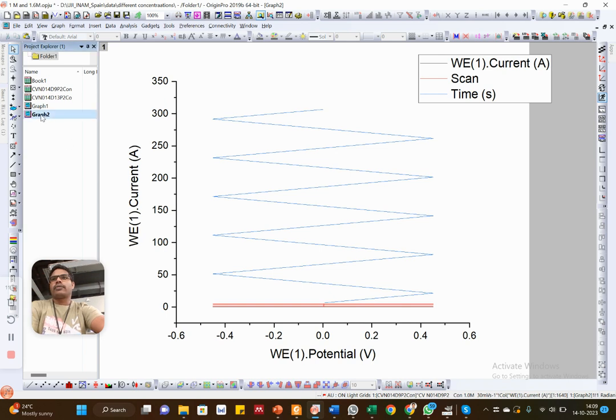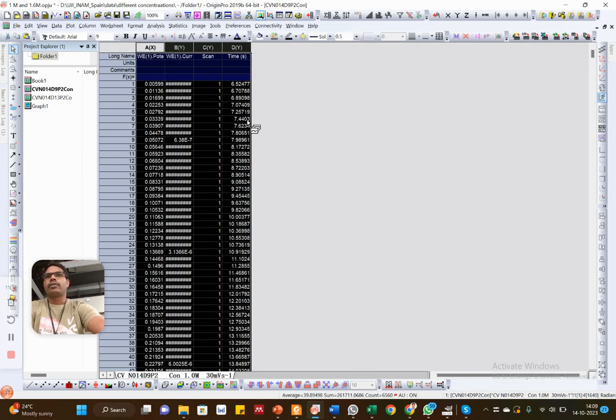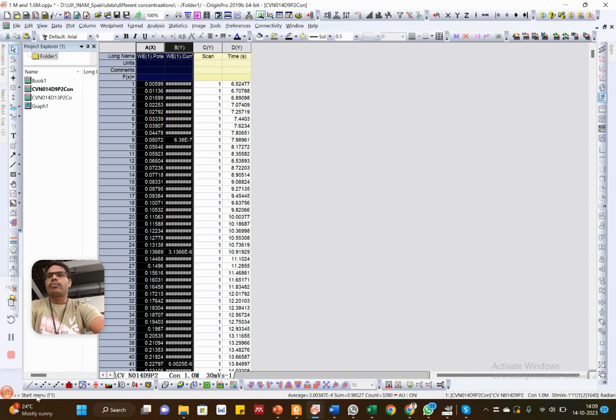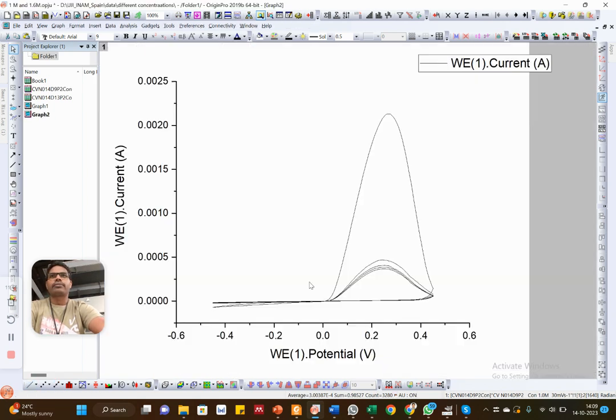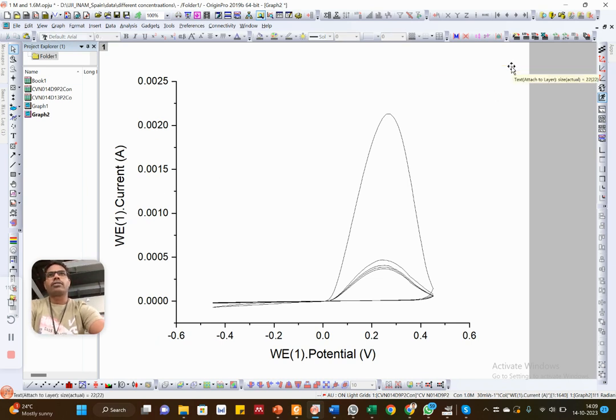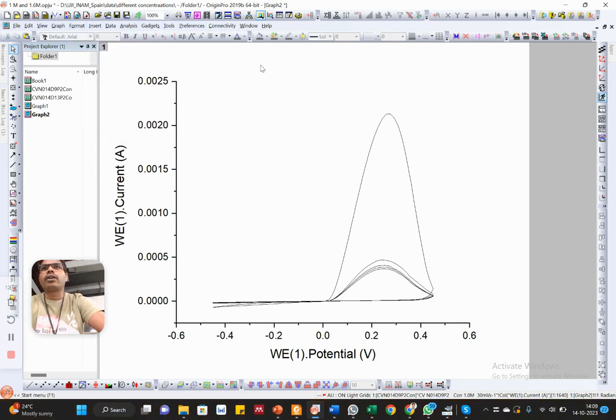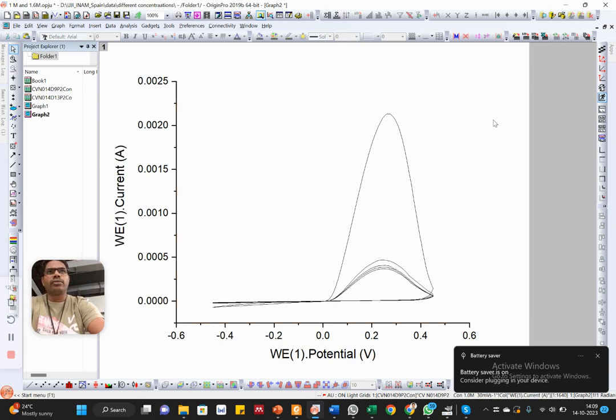Okay. Something went wrong. I did not choose which is X. Something went wrong. I don't know. But it's okay. Let's see what is wrong. Okay, it came again, but you want to just use that. So you can simply format here. I just, but anyway, you can just press a function